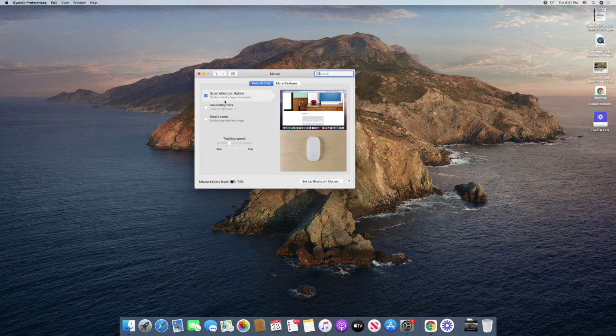So inside here, you'll see that Apple by default sets up this natural movement. So if you've been using an Apple computer for a long time now, this will feel natural. But if you're coming from a PC computer, I'm sure that it feels far from natural. You'll see that it shows you that just scrolling down should be how you scroll down on a page. If you don't like the way this feels and it's driving you crazy, just shut off this natural scroll direction just by clicking this check mark. And now your mouse or trackpad will start operating just like it did on your PC computer.